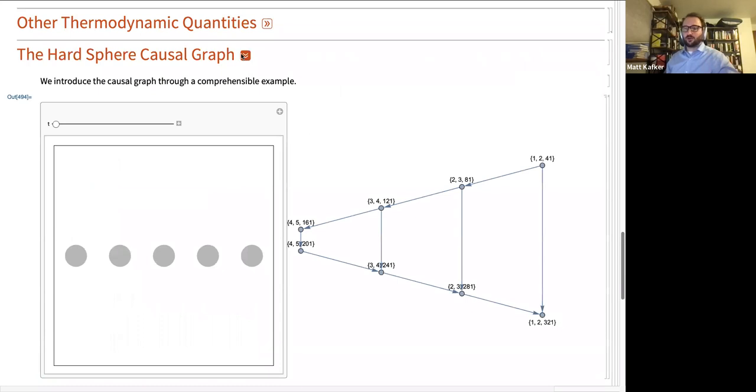So finally, we're getting to the Wolfram model. Let's take a look at the simulation on the left here, because I'm going to use this to help define the causal graph, and hopefully it will be clear what's going on. We already saw something like this earlier.